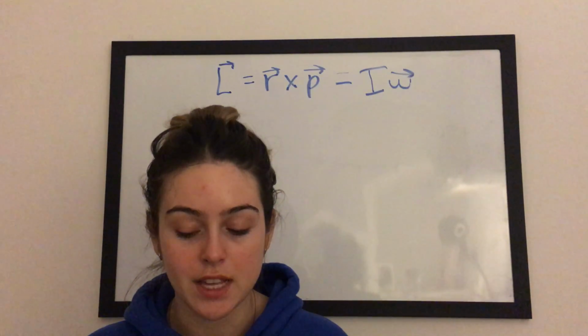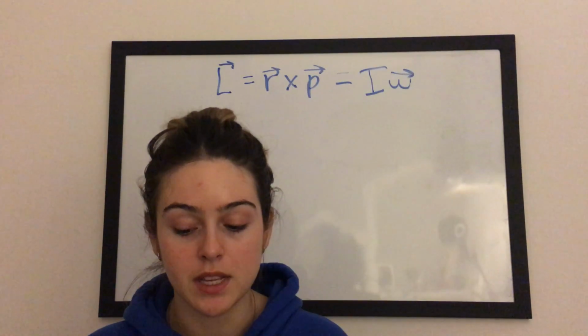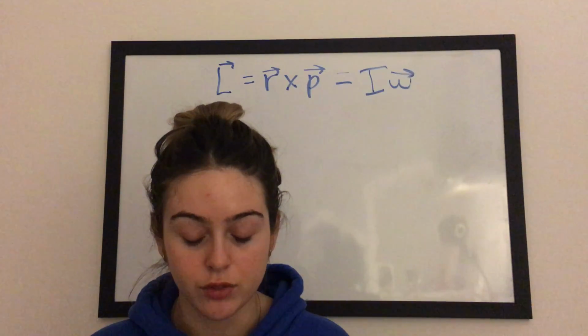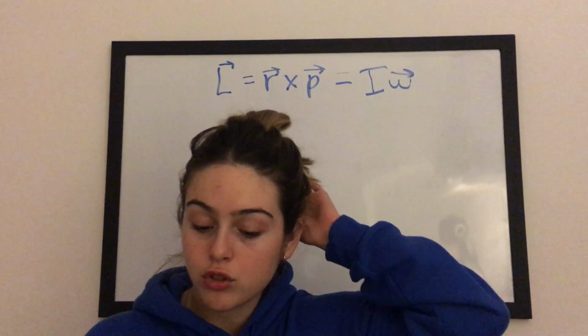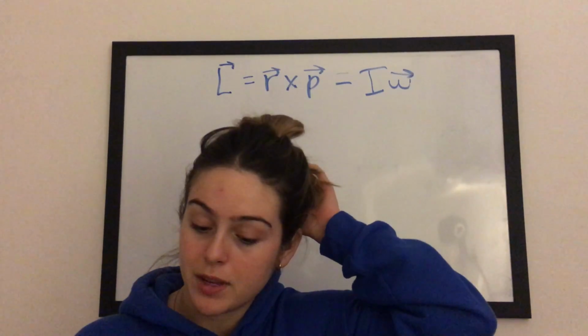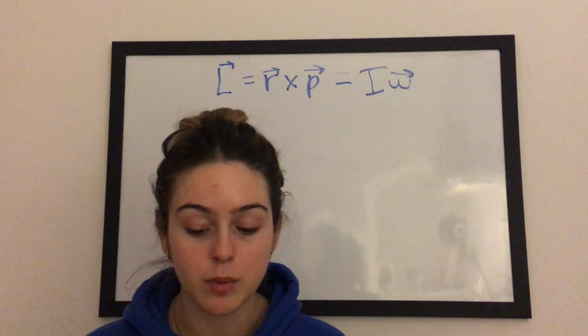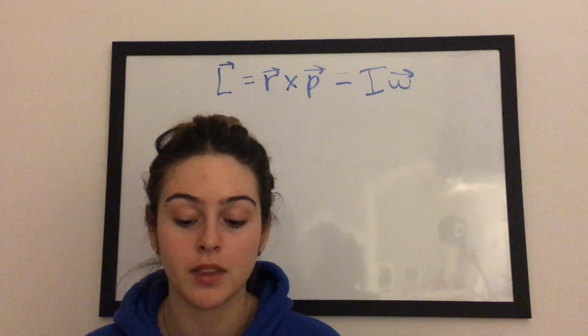A particle of mass 2.0 kilograms is moving in the xy plane at a constant speed of 0.80 meters per second in the positive x direction along the line y equals 4 meters. As the particle travels from x equals negative 3 meters to x equals positive 3 meters, the magnitude of its angular momentum with respect to the origin is blank. So,